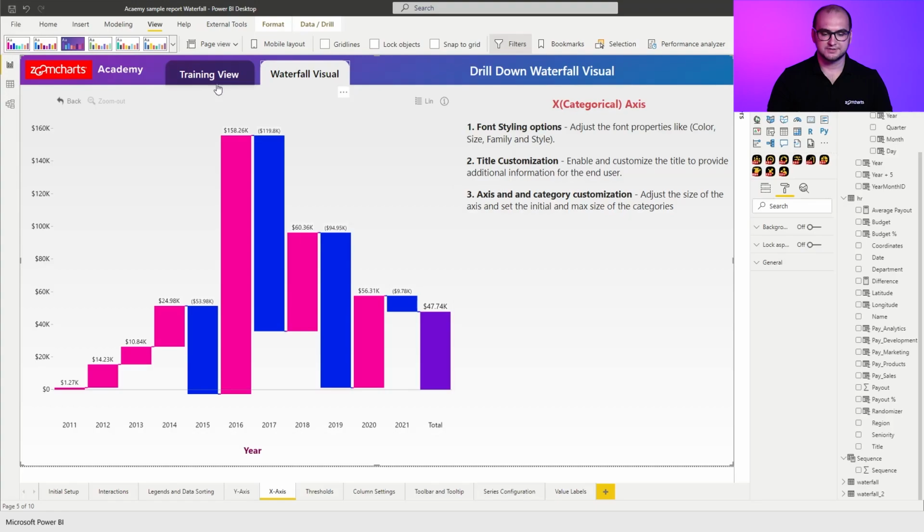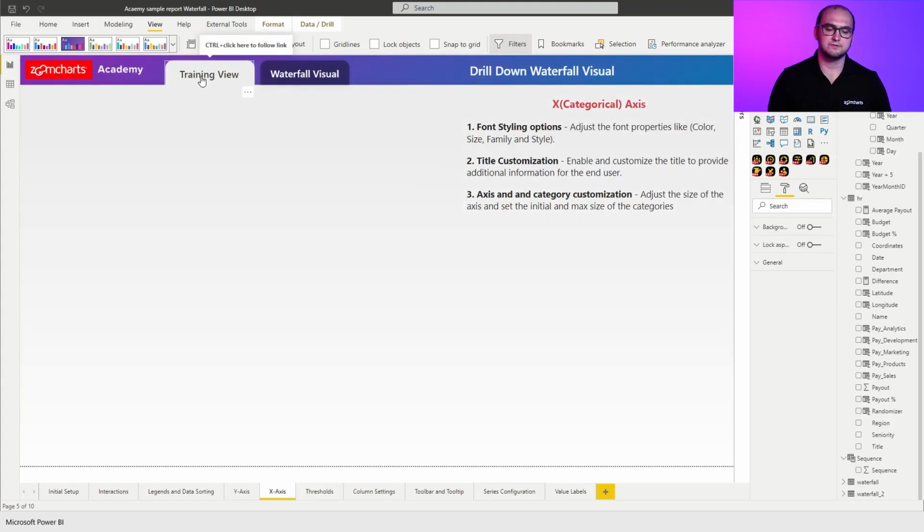All right, so previously we've finished off with the y-axis or the value axis customization. In this video, we're going to be going through the x-axis or the categorical axis customization for the waterfall visual. Now, as always, within the report, you have a sample that's already pre-built for you, so you can play around with that one. But for us, during the training, we're going to open up the training view and build a